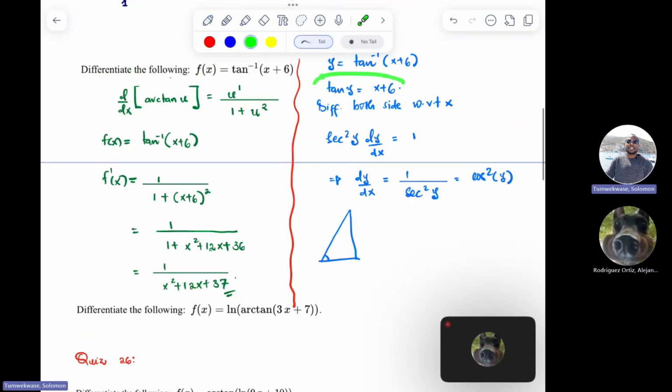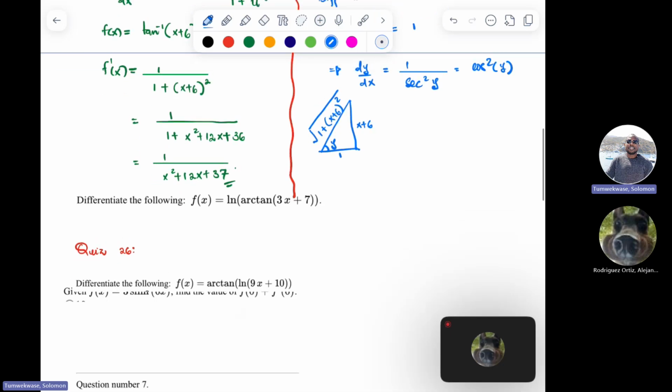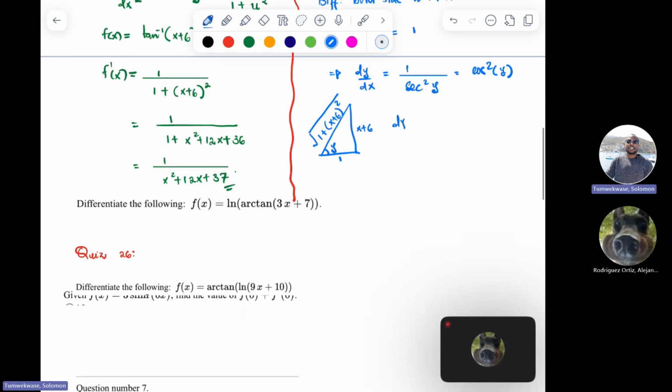So once again, I can now use my triangle from this expression. We have tangent of y, so our angle is y, and like we said, tangent of y is opposite over adjacent, so my opposite is x plus 6, and my adjacent is 1, and therefore this is the square root of x plus 6 squared plus 1 from Pythagoras theorem. Okay, so from this triangle, it means that dy dx is